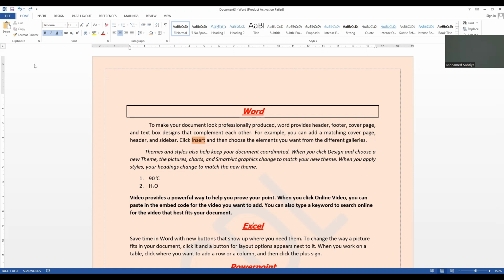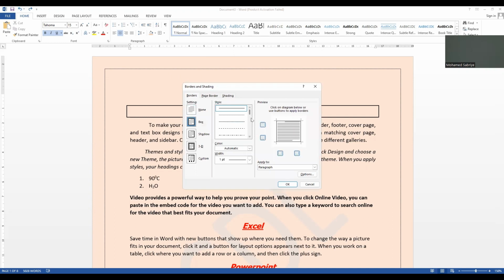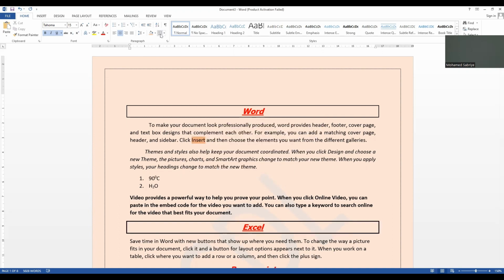I'll have to click on Excel, and then I come to this box. Instead of choosing from here, I'll come straight down here to borders and shading, and then I choose box, and then I choose the line style I've been told, and then I put the points I've been told. Maybe it's 1.5 points. So if I've been told to put the number of points, I can't just come straight and put it here. I'll come to this box, I'll click on the text, I'll click on this box, and then I'll choose